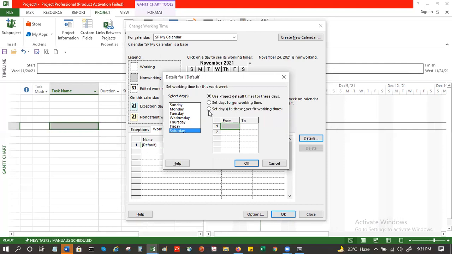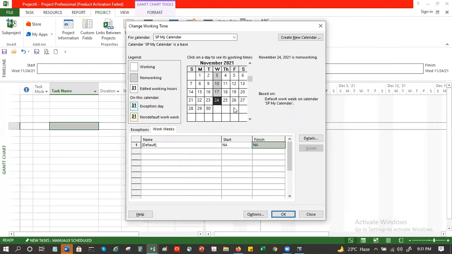So what I'm going to do is set days to specific working time. Maybe I want to give a half day on Saturday, so I will say 10 o'clock to 2 p.m. Since it's a working day, the system has made it white.